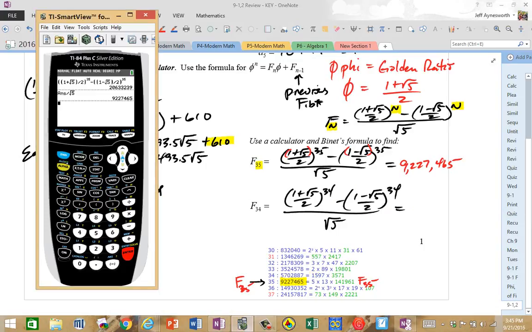Okay, so let's see here. Second entry. I don't want that second. There we go. So notice that if I go second entry right here, I bring up the last expression. So what I want to do is go back to my exponent. I want to change it to 34. You can re-enter this entire thing, but if you're doing what I'm doing right now, it might be a little bit easier. Oh, got to get to the right spot. Okay, so I just changed the exponent to 34, then I hit the enter button, then I divide it by root 5,